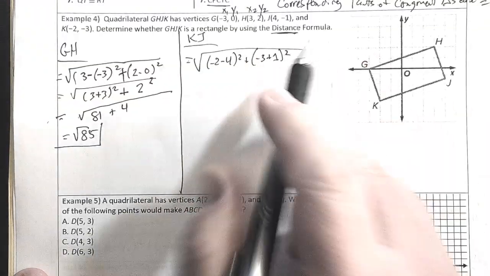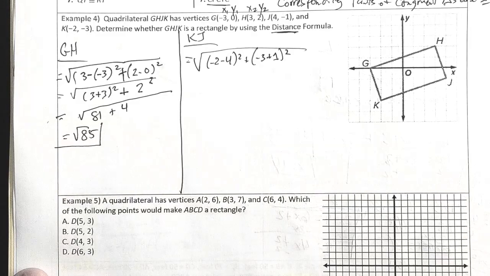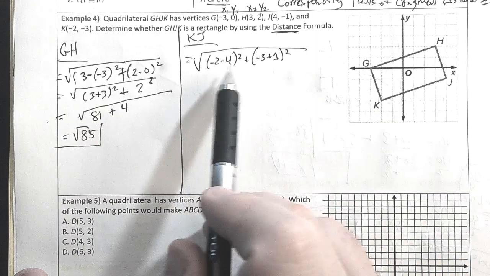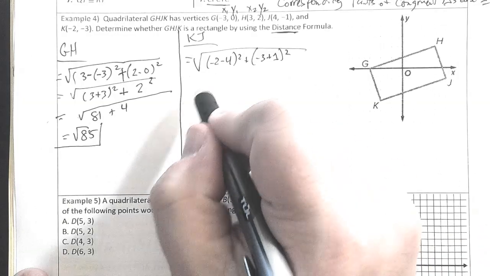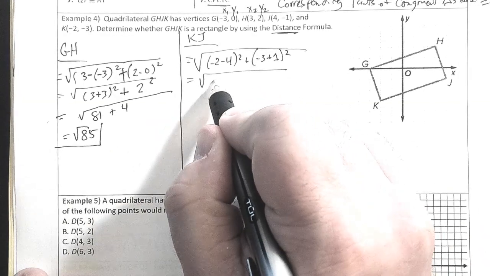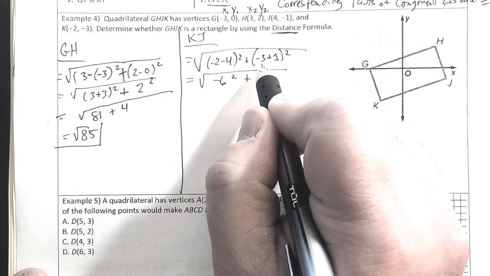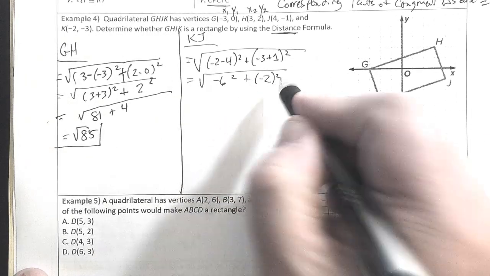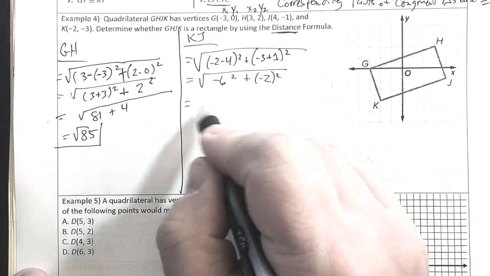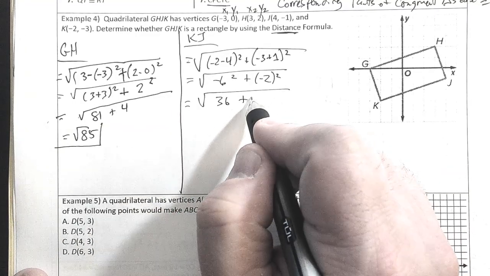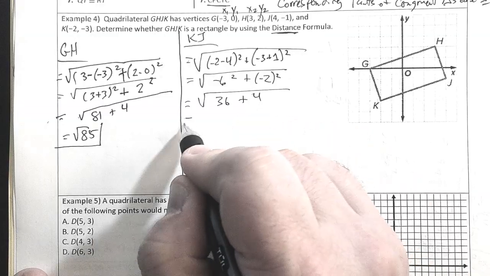Now I'm going to write the other. We have to recognize that if we're subtracting a negative, it's going to turn into a positive, because two negatives make a positive. Okay, negative 2 and negative 4 is negative 6 squared. Negative 3 and positive 1 make a negative 2. It's going to be positive anyway because we're going to square it. But 6 squared is 36. Negative 2 squared is 4. 36 plus 4 is